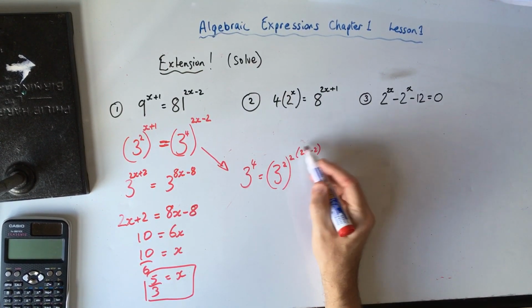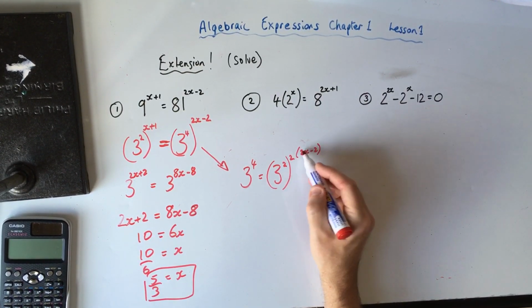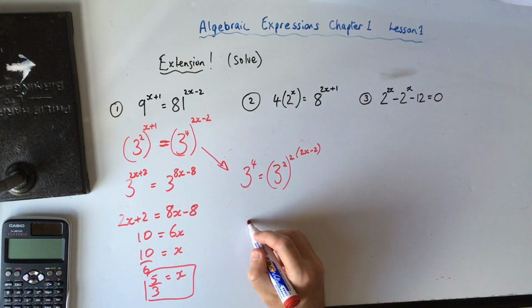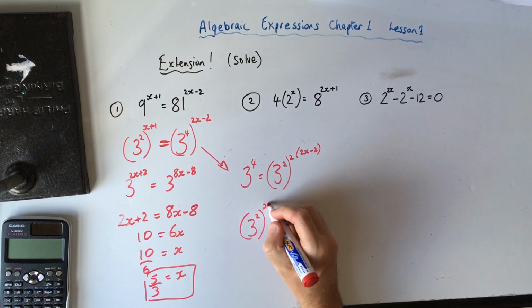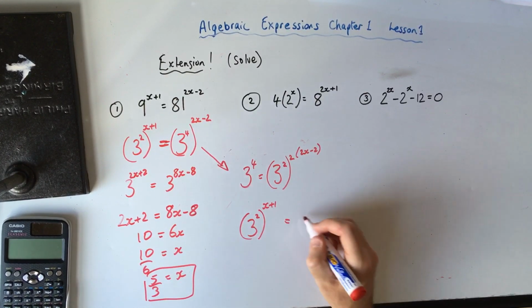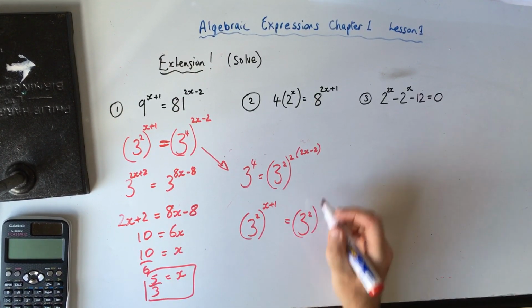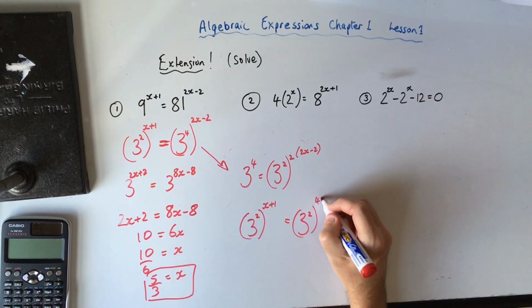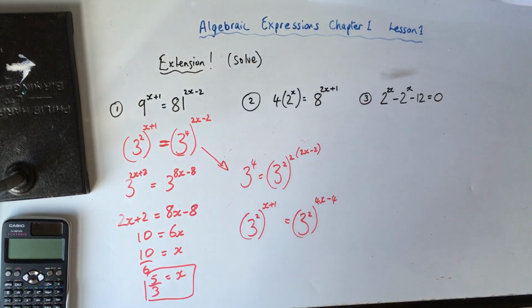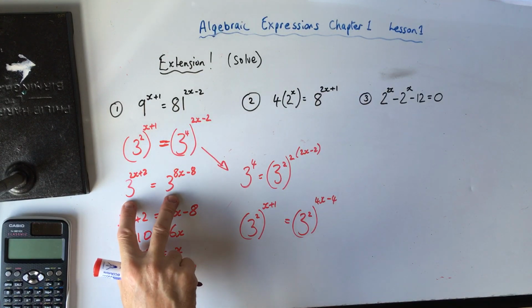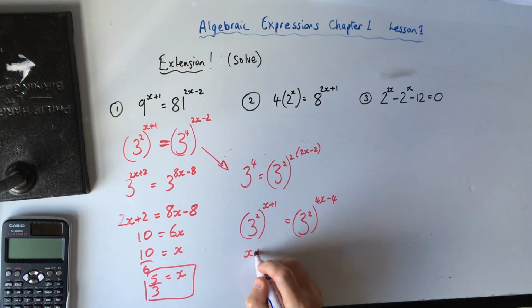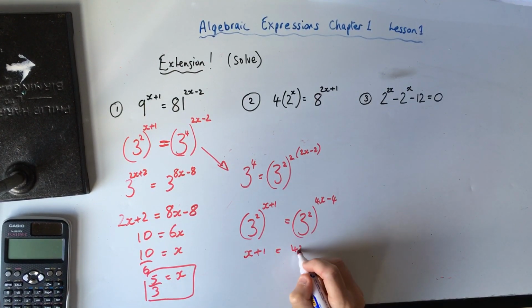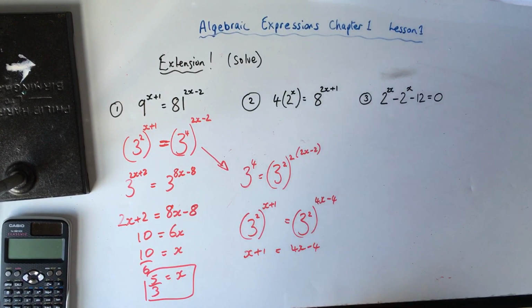So we only need to multiply that bit by 2. So we can just leave this as 3 to the power of 2 is equal to 3 to the power of 2, and then times that together to get 4x minus 4. So we're leaving 3 to the power of 2 in the brackets rather than 3, and that way we've only got x plus 1 is equal to 4x minus 4, and when we solve that,